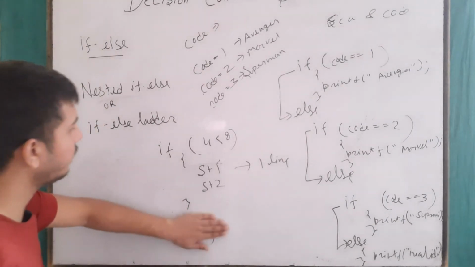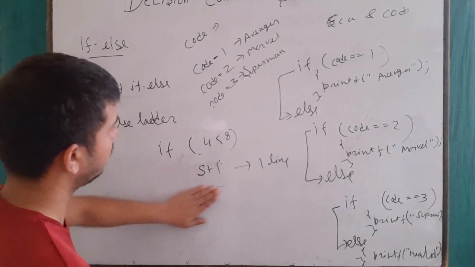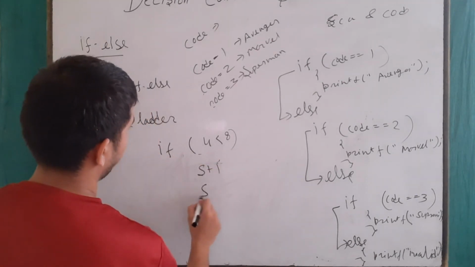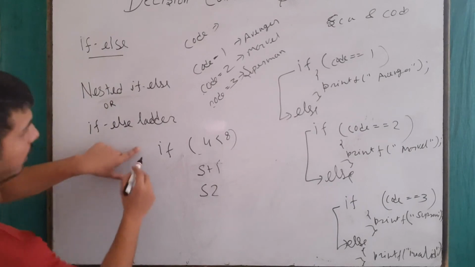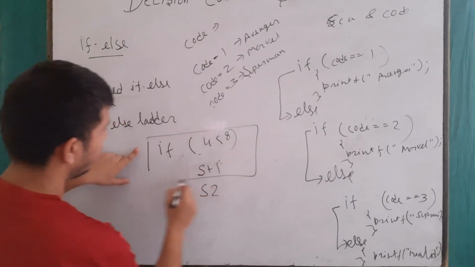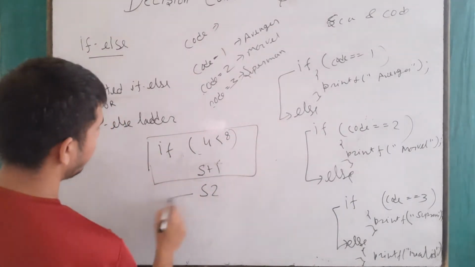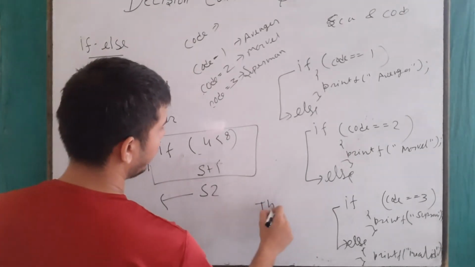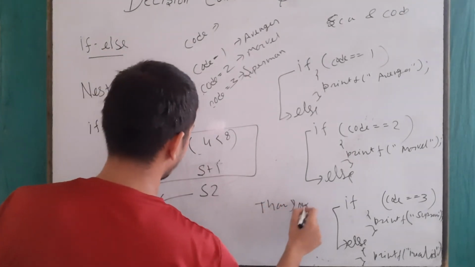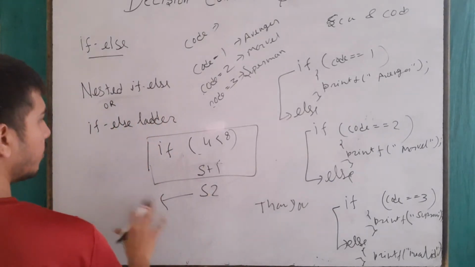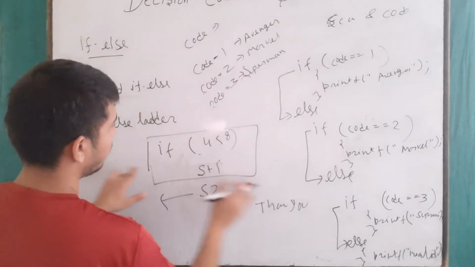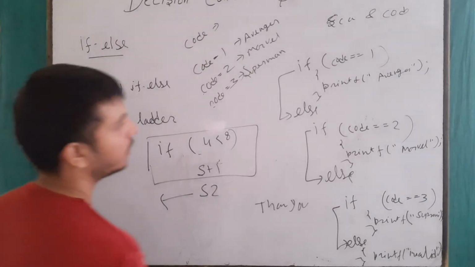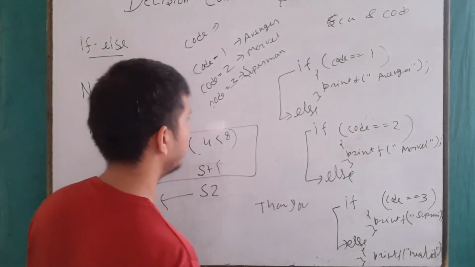If there is only an if statement, let's say this is S2, then this will be evaluated as an if block, and that will be like a normal block. Like we saw in our first example where I had written thank you. That thank you was evaluated as a normal statement, not inside the if block. Always remember, it is good practice to use curly braces.